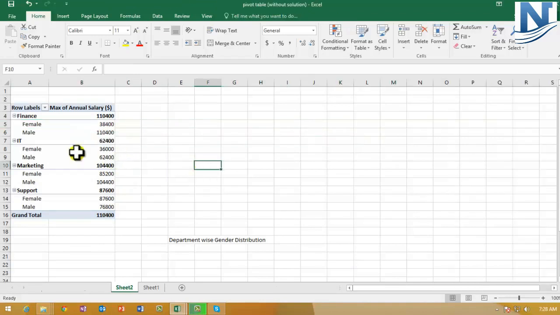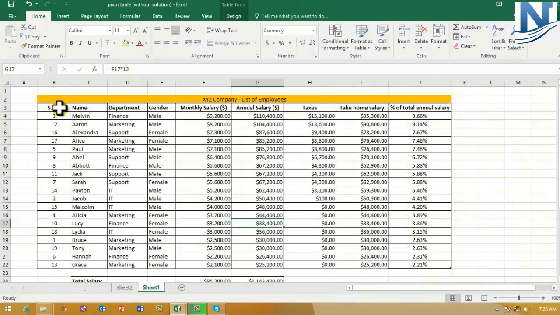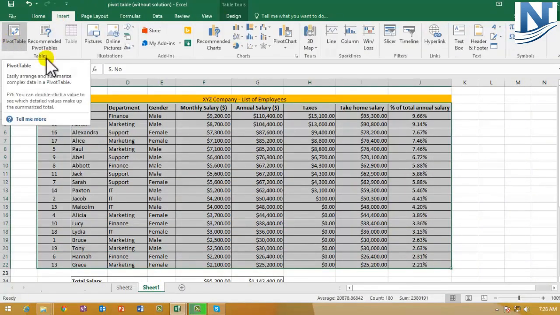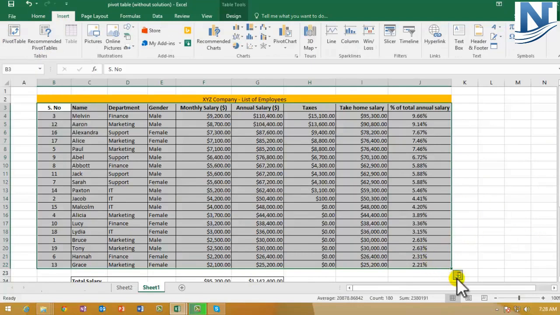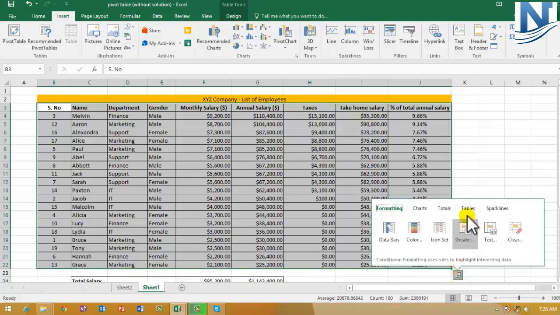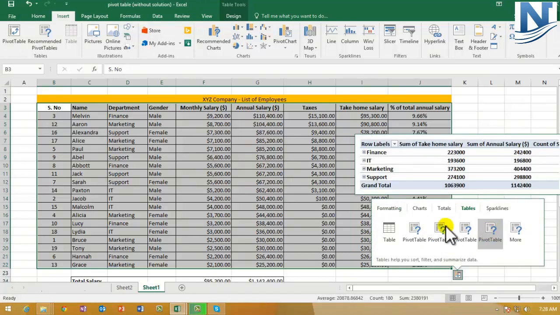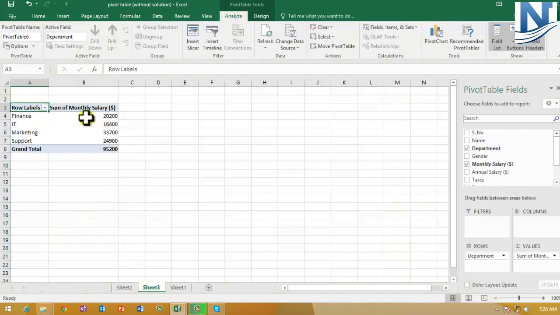Okay, so now most of the things we have completed with respect to pivot table. I just wanted to show you how we started with preparing the pivot table. We selected the data, we clicked on insert and then we clicked on pivot table. But now there is a shortcut which is available. You select your table, click on this option, click on tables, you can select on pivot table. So there are various inbuilt pivot tables which are already present. I'll click on one pivot table. Can you see pivot table for all the department wise sum of monthly salary is there.